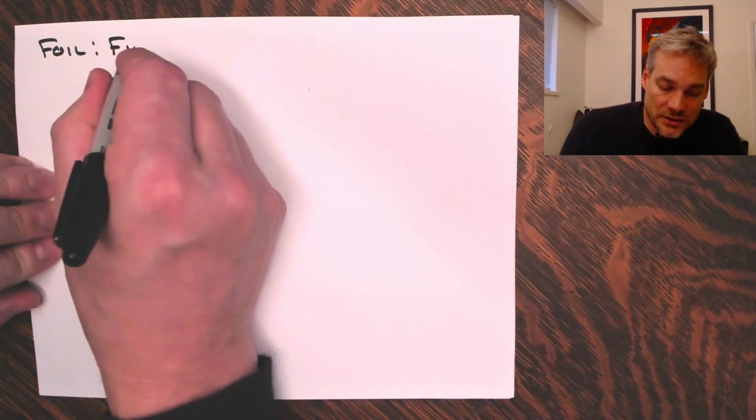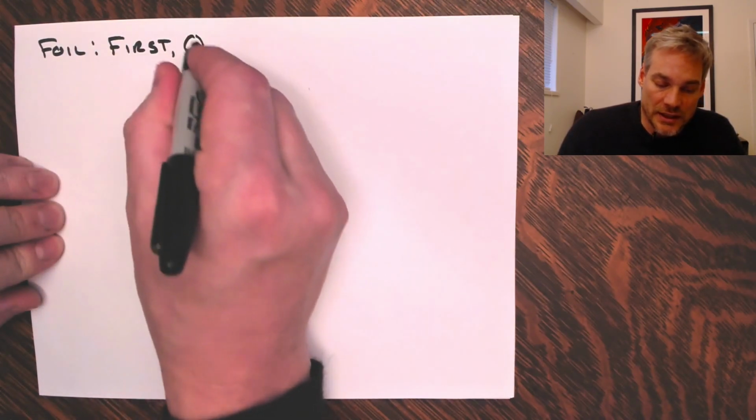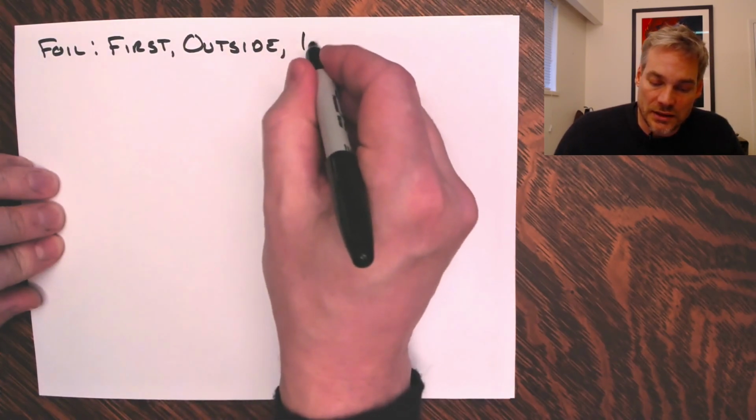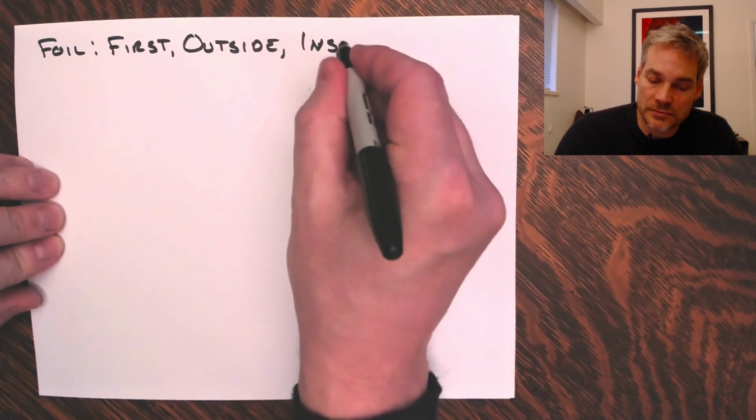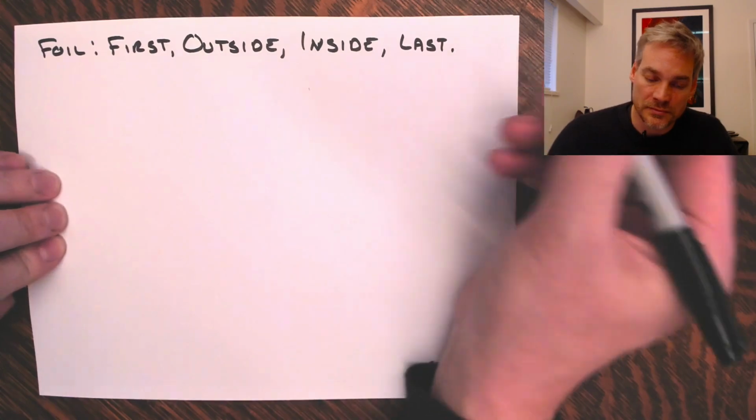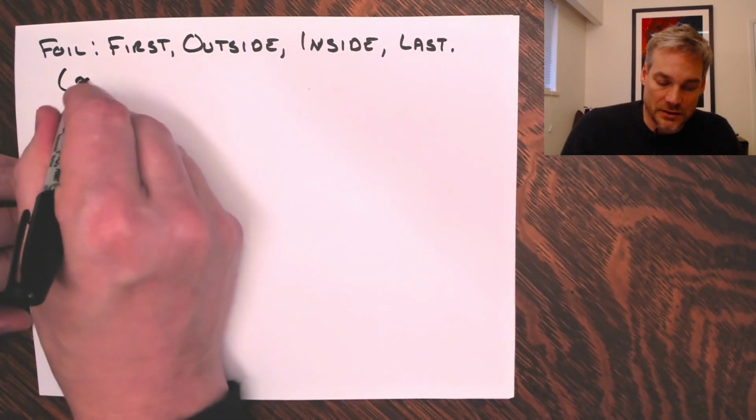which is our first, then the outside two, then the inside two, and then the last. So if we had a factored form